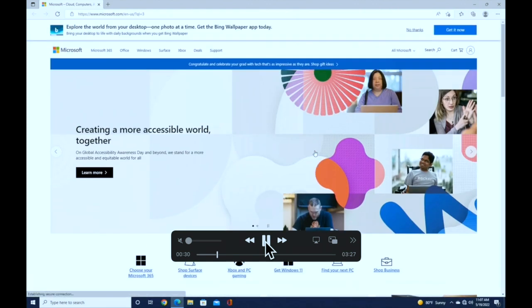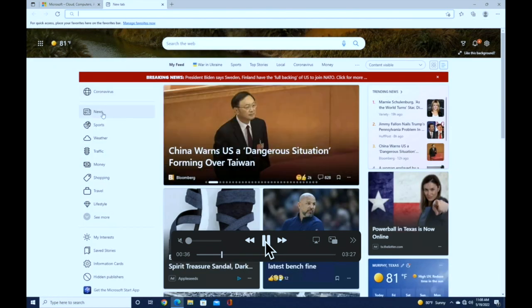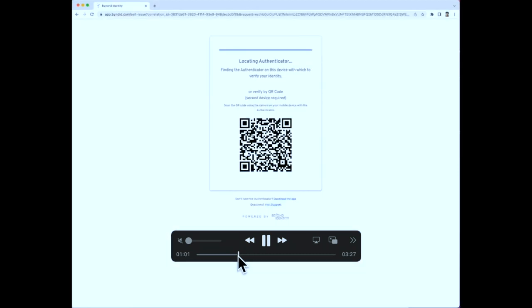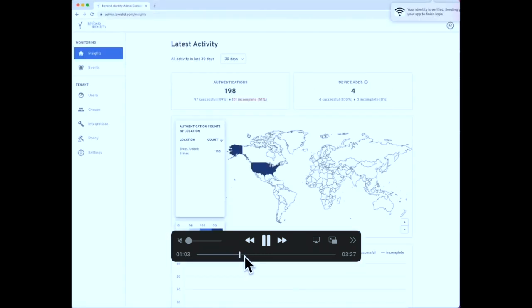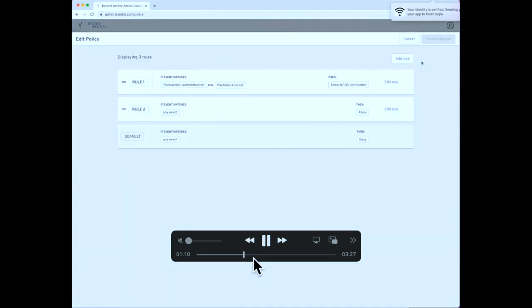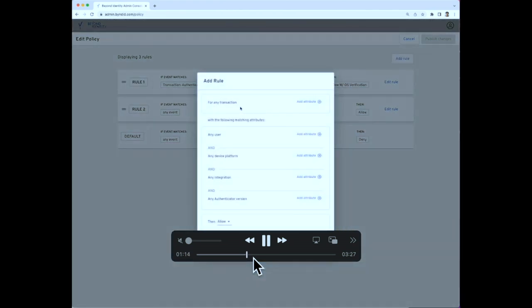Now, from this point onwards, when I come back to the office or connect to Wi-Fi, I don't need to go through this flow again because the app or the authenticator is doing continuous authentication. So what you need to do is continuously evaluate the risk posture. So I'm going to write a policy in the identity provider cloud, and it's a very simple policy. All I'm checking for is, is the firewall turned on or off?